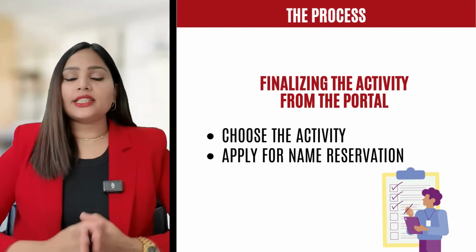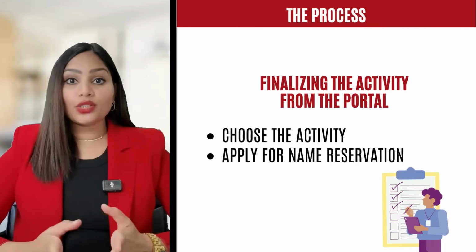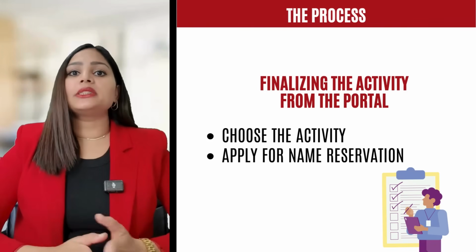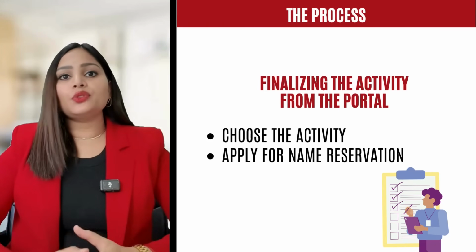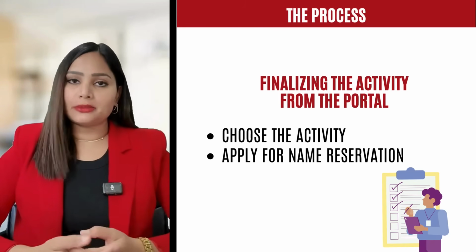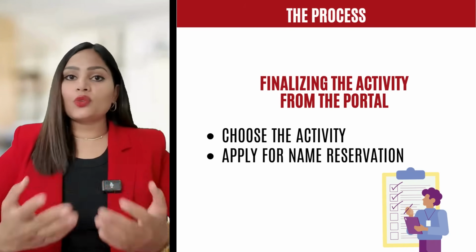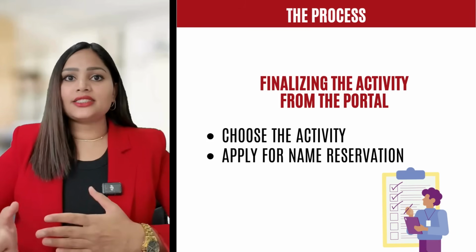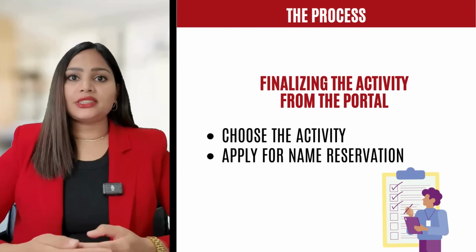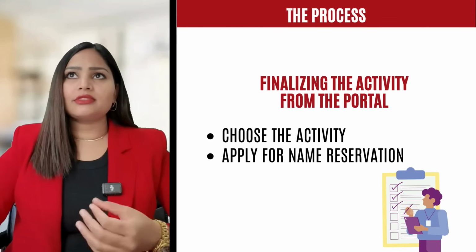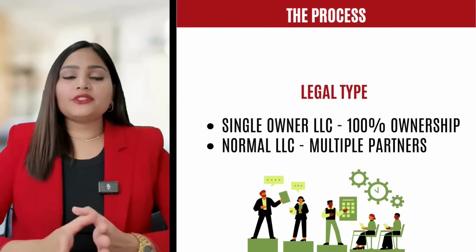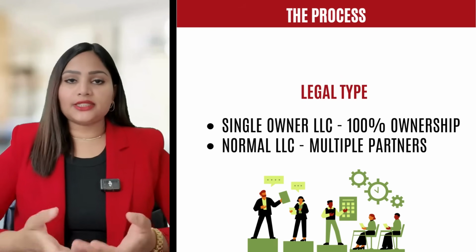You can check any English or Arabic name. If you are going for an English name, you definitely have to pay 2000 additional fees, which will come in the license payment voucher. If you want to opt for an Arabic name without paying any additional fees, you can go for a normal Arabic name. And if you want to go for any prime or global name, or any international name with digits, there is additional fees for that, which we call the prime name, and DED charges approximately 3000 for that kind of name. After that, we have to go for the next step, which is the legal type.